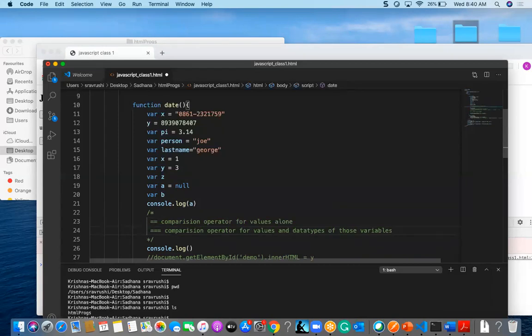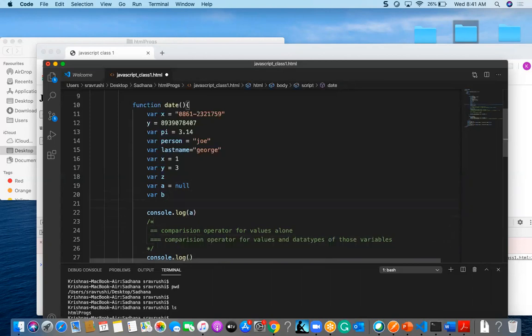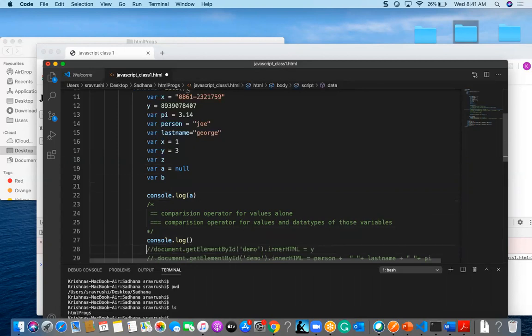There are two types of comparison operators, double equal to and triple equal to. Double equal to will only check the value. Triple equal to will check the value and also the data type of those variables. So let us see one small example. We are discussing this a and null, right?